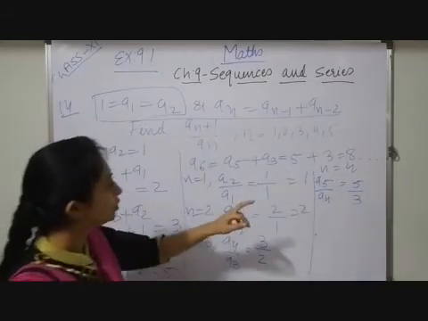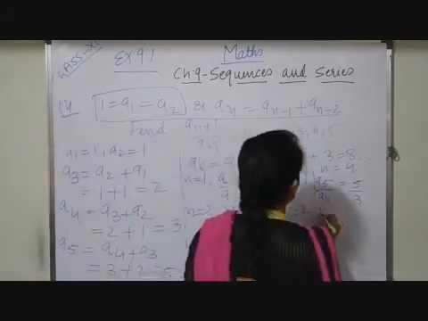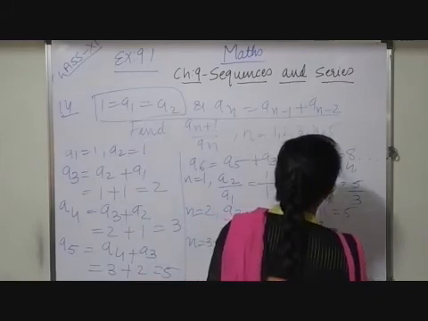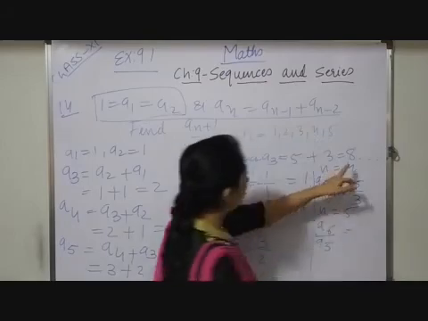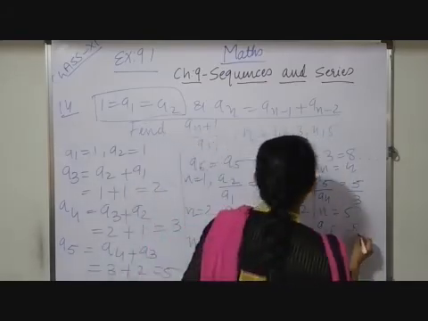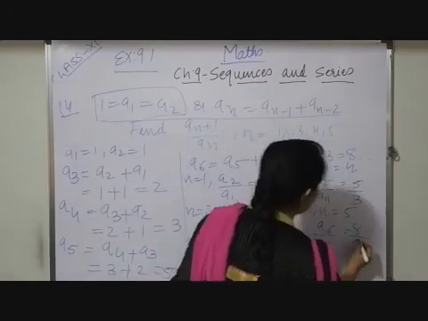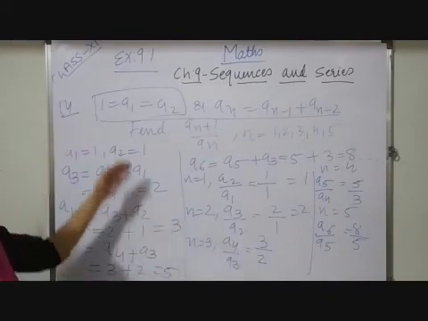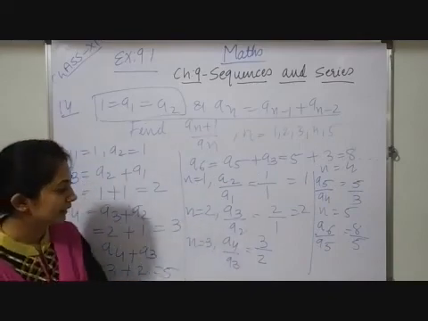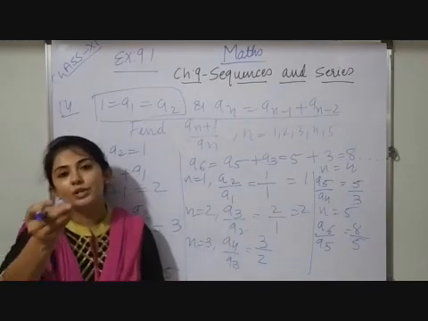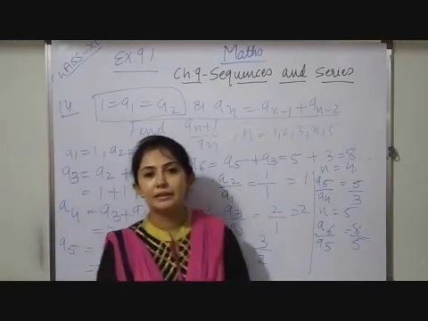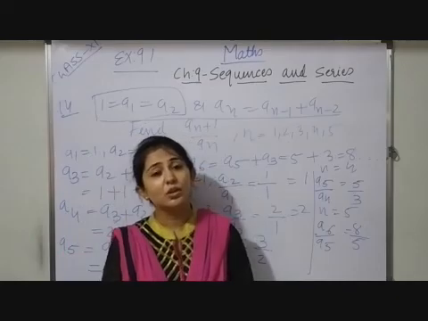Now, I have to choose the last number, that is n is equal to 5. So here I will get a6 upon a5. The sixth term is also known, that is 8, and the fifth term I have calculated, that is 5. So, similarly you can solve it and you can get the answer. Hope this question is understood to you. Many questions based on this topic are also given in an assignment and also in your textbook exercise.